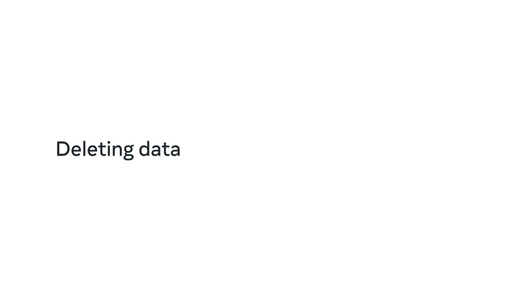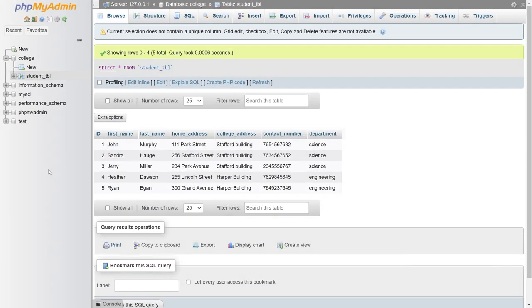In this example, I'll demonstrate how to delete a single record from a table in a database. I'm using the student table from a college database and deleting the record of a student with the last name of Miller. I go to the SQL tab in PHPMyAdmin,